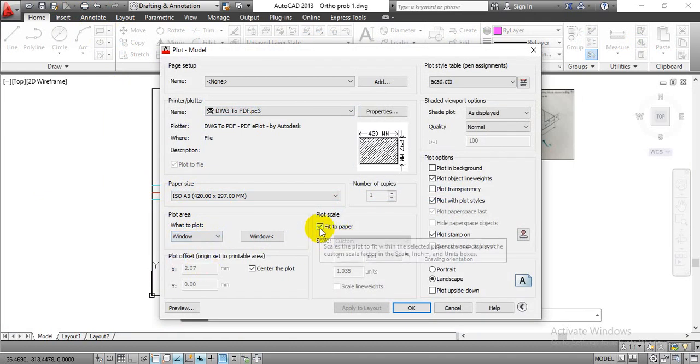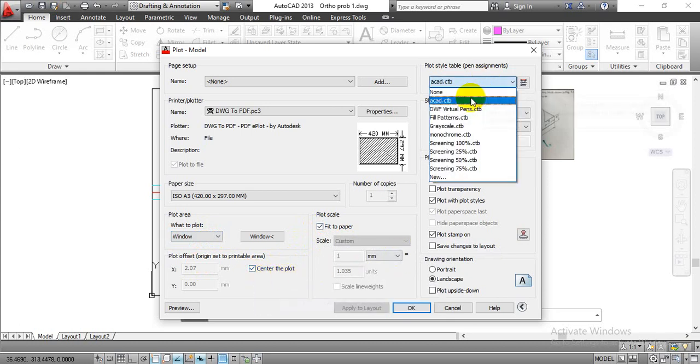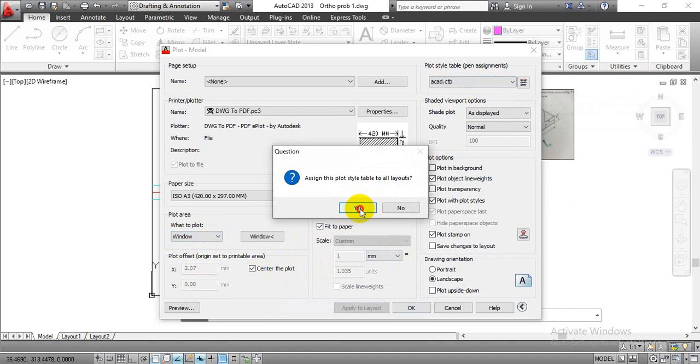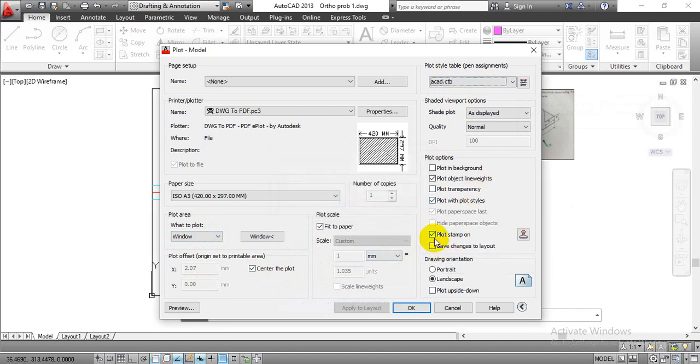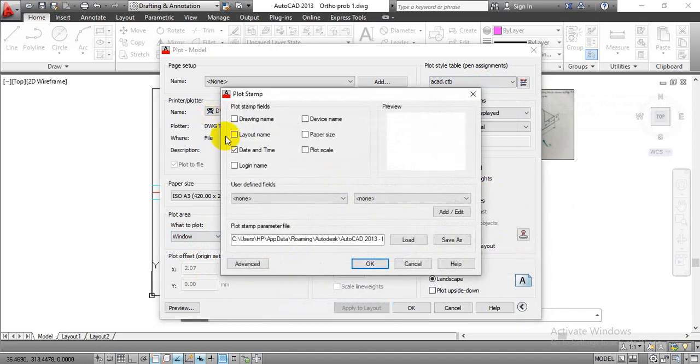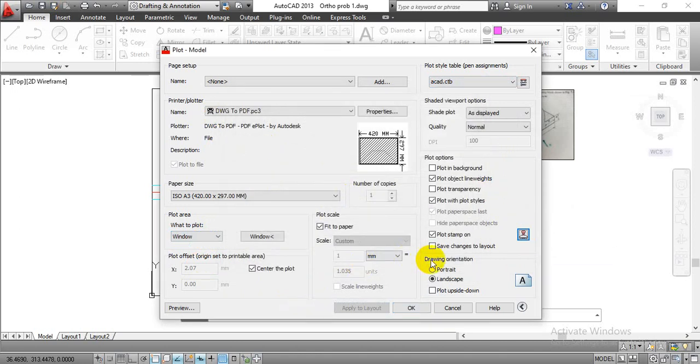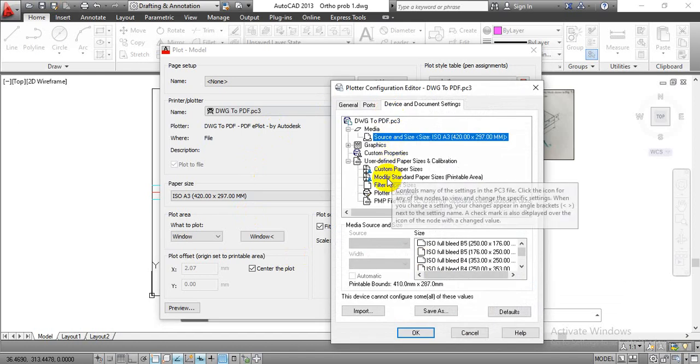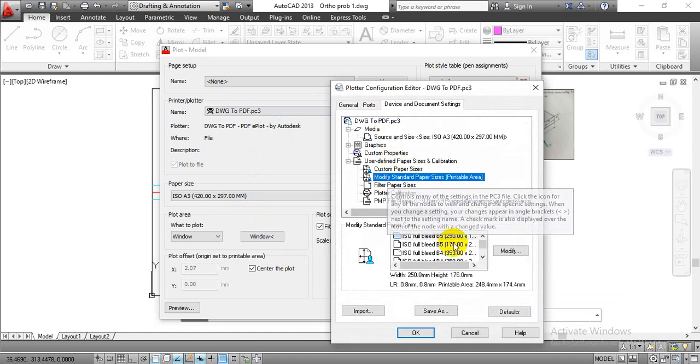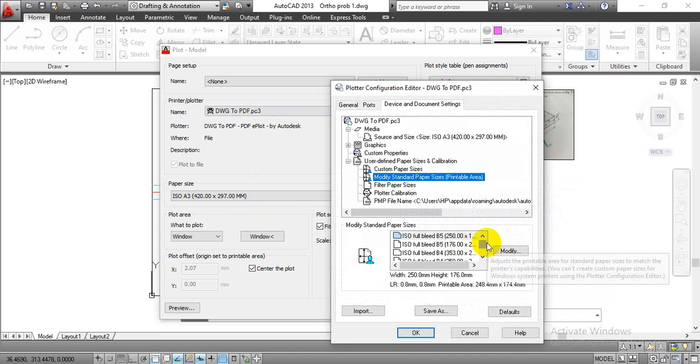You have to check this pick to paper. You have to check this center the plot. You have to select this plot style acad.ctb. You have to turn on this plot stamp for the date and timing. Just click OK. Drawing orientation landscape. Now once we're done with this, you have to click over these properties. You have to go with the modify standard paper, and there you have to select this ISO A3 sheet that we have selected